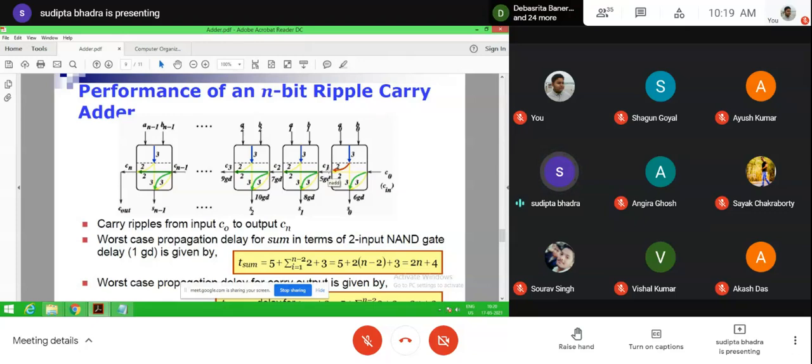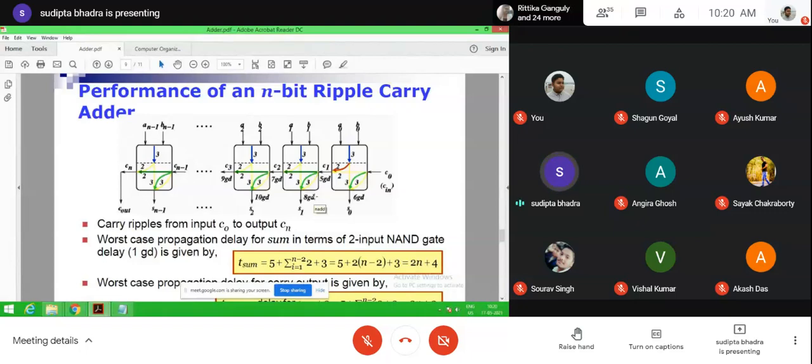Now to generate C1, 5 gate delay is required, and for each subsequent sum value, means S1, S2, up to n minus 2, there is 3 gate delay, you get the particular S1, S2.